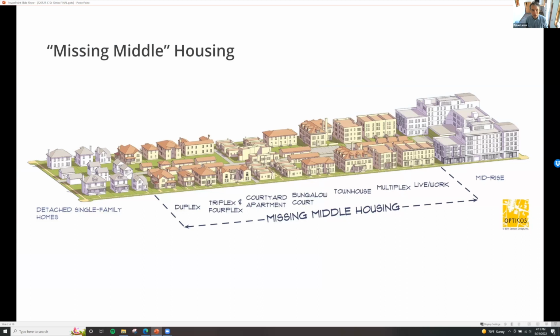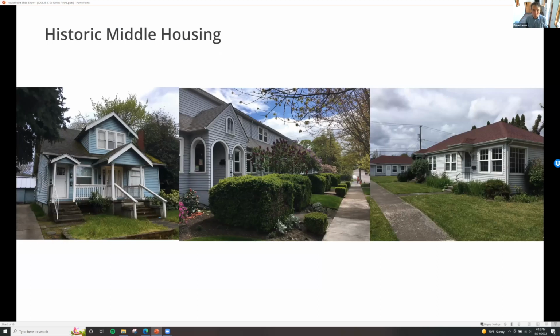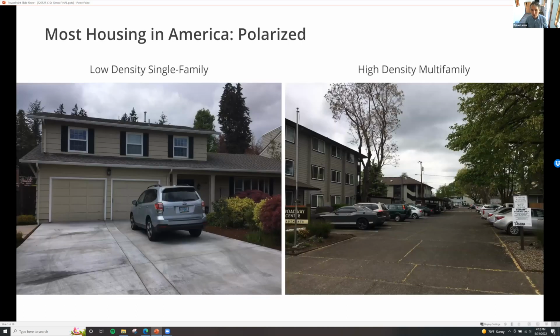Historically, we built middle housing integrated with, there was no such thing as a single family neighborhood. It was just residential neighborhoods, and there was a diversity of housing types. I liken it to a wild ecosystem that has a diversity of species working together and serving different needs and different niches. All of that quickly got eradicated through the advent of zoning regulations, starting in the teens and 20s of the 1900s.